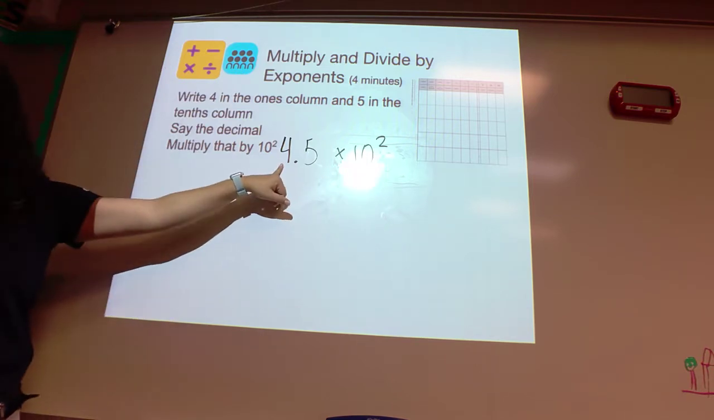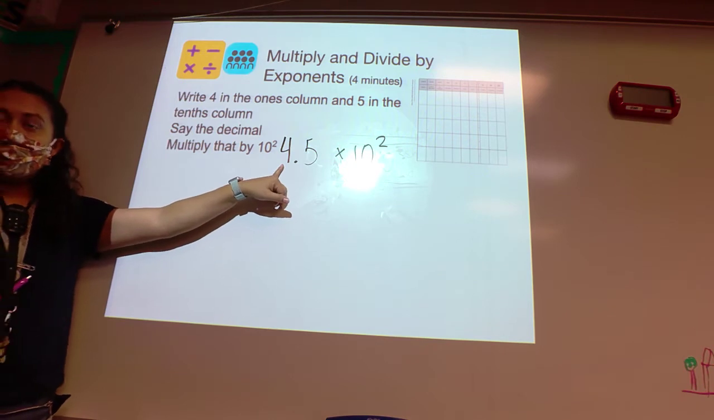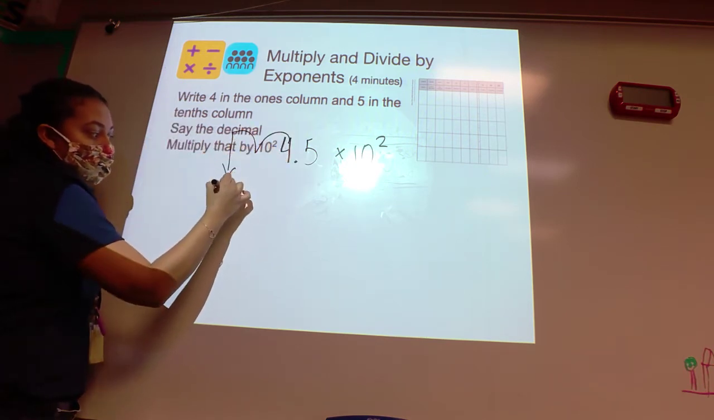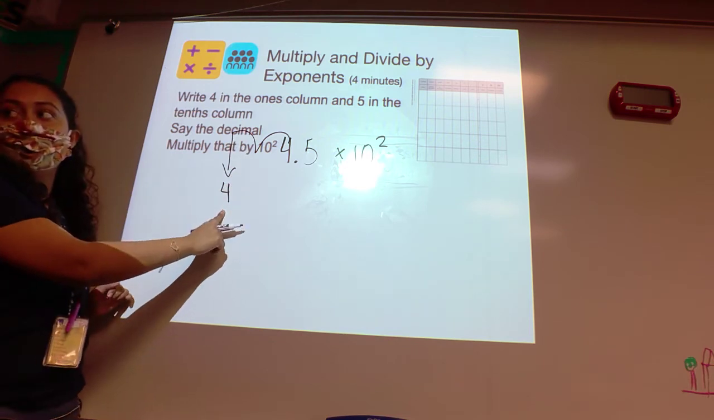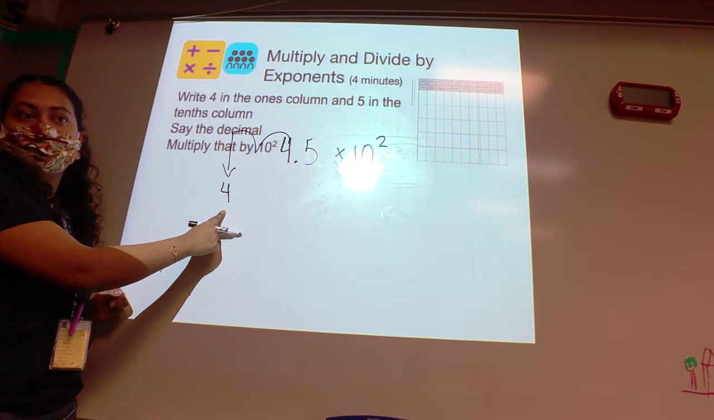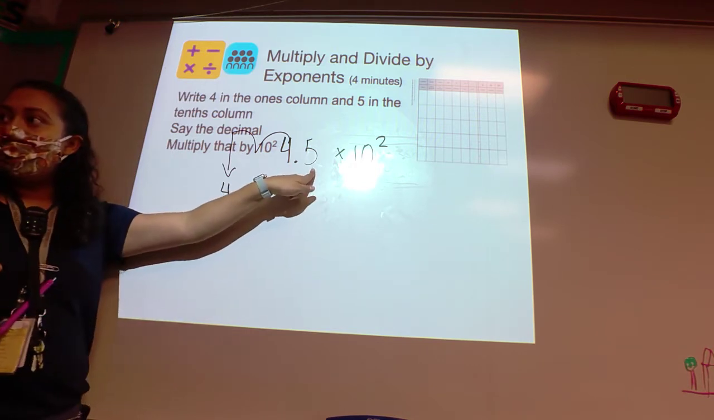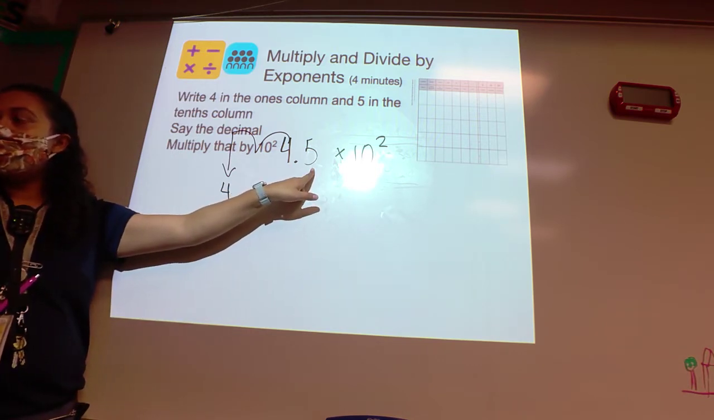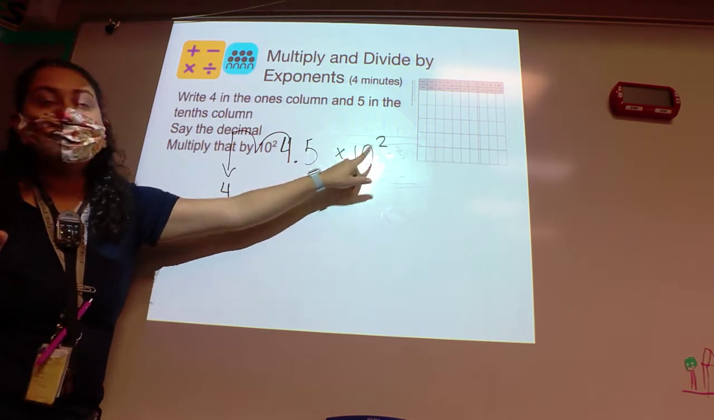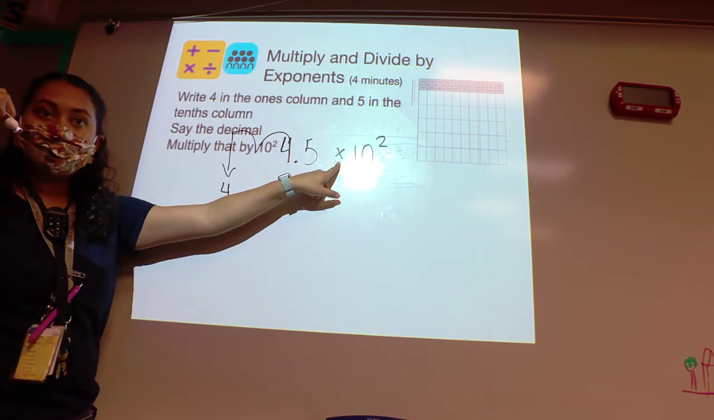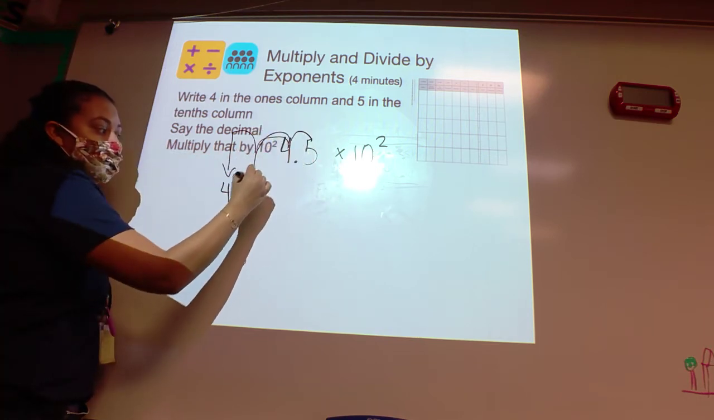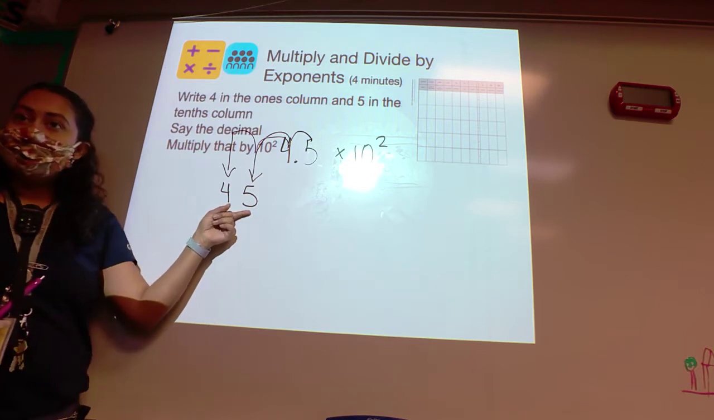Okay, so 4 in the ones is going to shift 2 times to the left. So that would be 1, 2. So now you have 4 in the hundred place. Okay, next one, 5 tenths. It's going to shift 2 times for 2 powers of 10 and to the left because we're multiplying. So ready? 1, 2. So we now have 5 in the